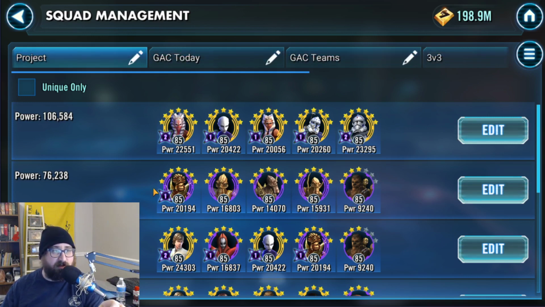GBA I'm going to take from G11 to Relic 2. Spy I'm going to take from G11 to G12. Soldier I'm going to take from G11 to G12. And Sunfac I'm going to take from G8 to G11, and maybe a little further if I need to get him above the 16.5k mark. So then I need to start